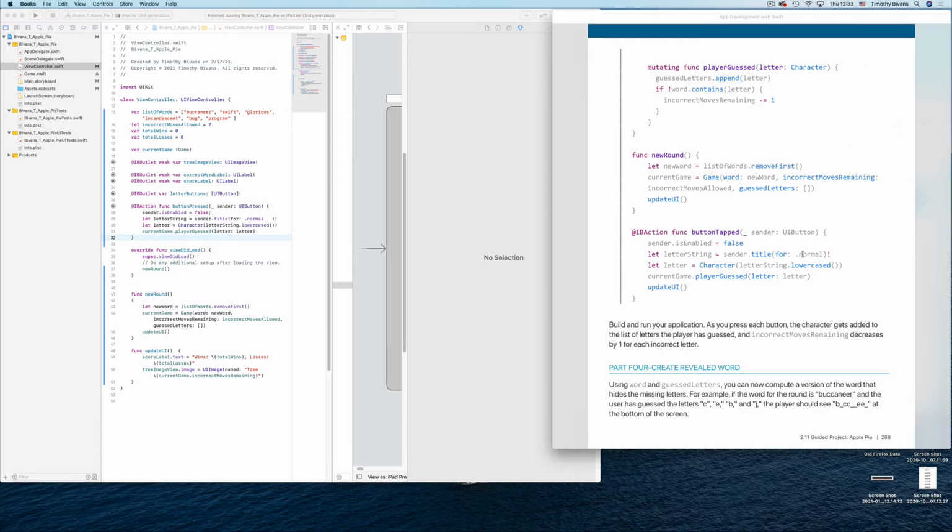Using word and guessed letters, you can now compute a version of the word that hides the missing letters. For example, if the word for the round is Buccaneer and the user has guessed the letters C, E, B, and J, the player should see that right at the bottom of the screen. All right, so